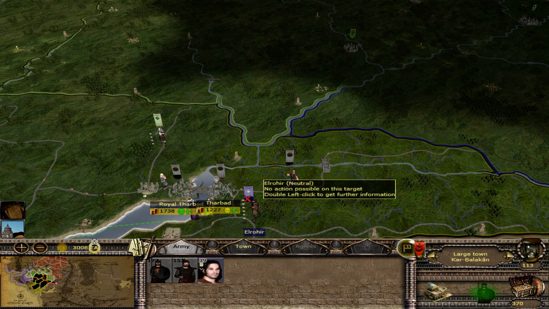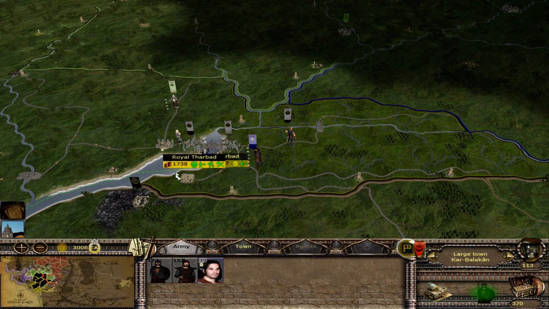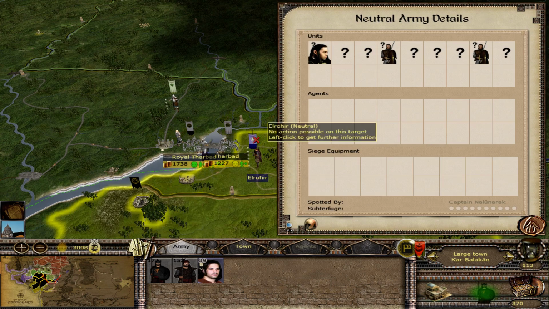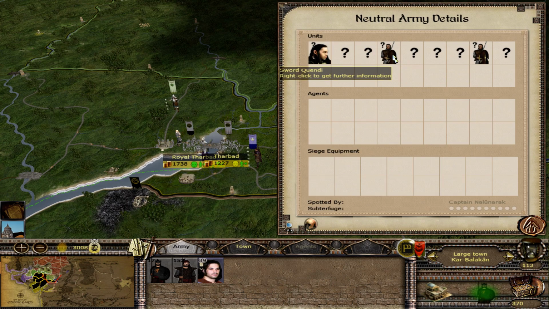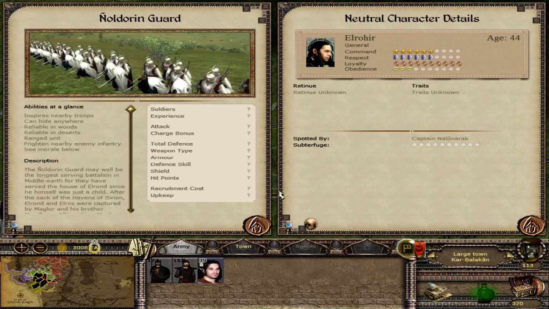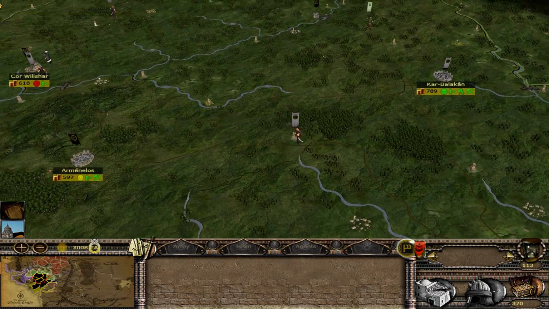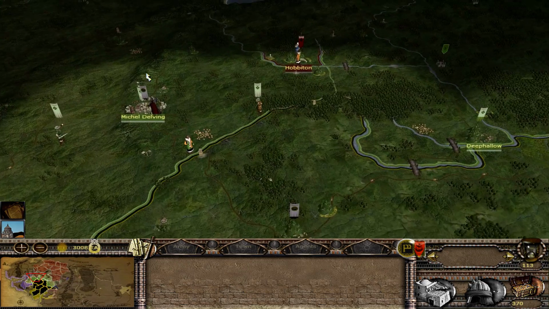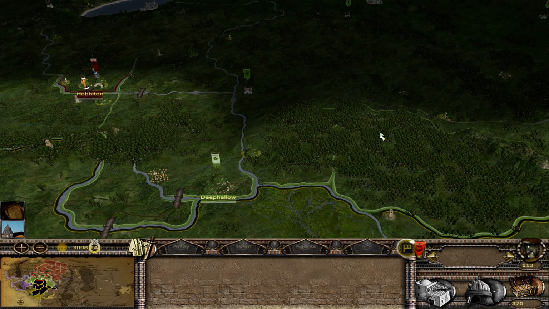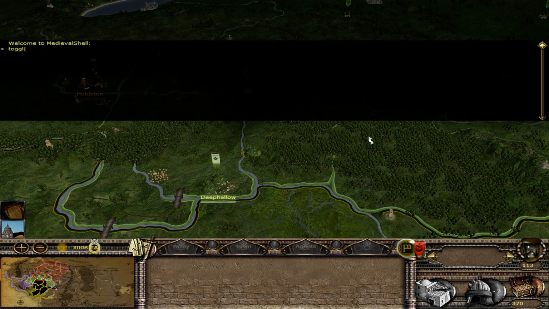God. Oh, God. If he attacks us, we will lose Tharbad, no matter how many troops I put in this. It's just going to put that out there. All we can see at the minute is the Sword Quendi and Elrahir himself, but the Noldorin Guard are phenomenal. One of the best units in the game, and if we have to go up against them, I don't know that we'll win. I really could do with Angmar kicking up a stink as well.